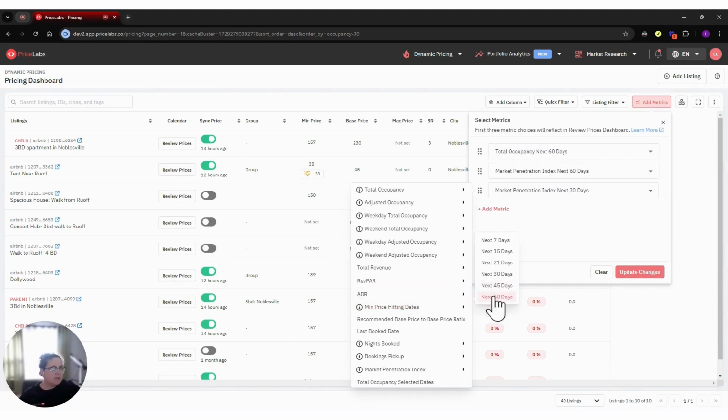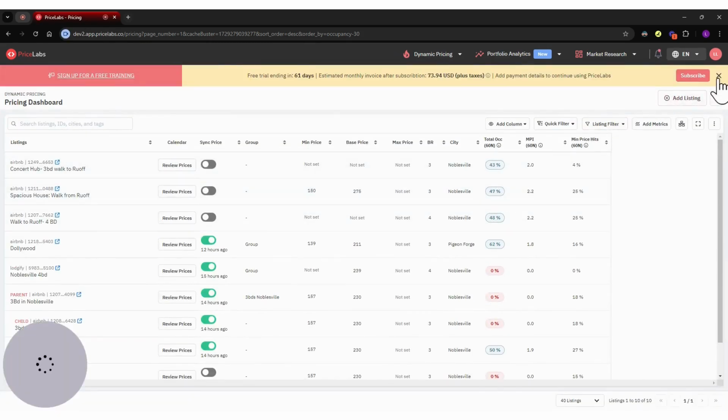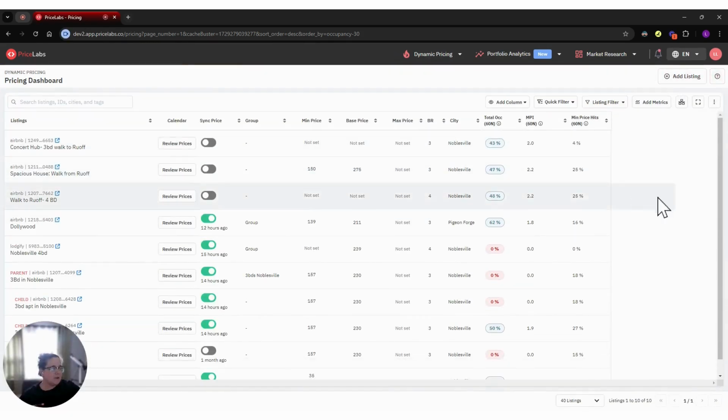But for the sake of the example, I'm going to go ahead and say min price hitting in the next 60 days. When I update my changes, you'll see this chart update here. Perfect. So, as some more details into how to use this, once you have metrics selected, you can sort by those metrics, which is super nice because if something like total occupancy next 60 days is really important to you, it lets you sort those by most occupied